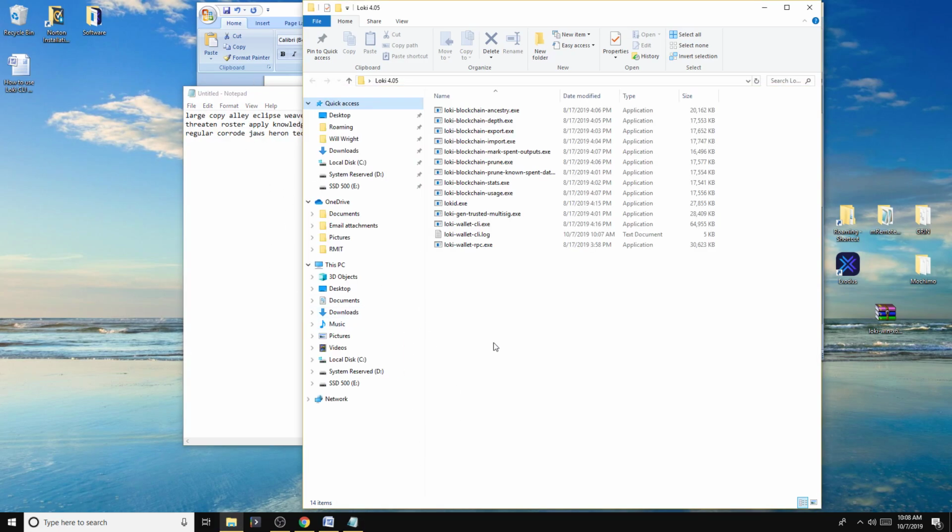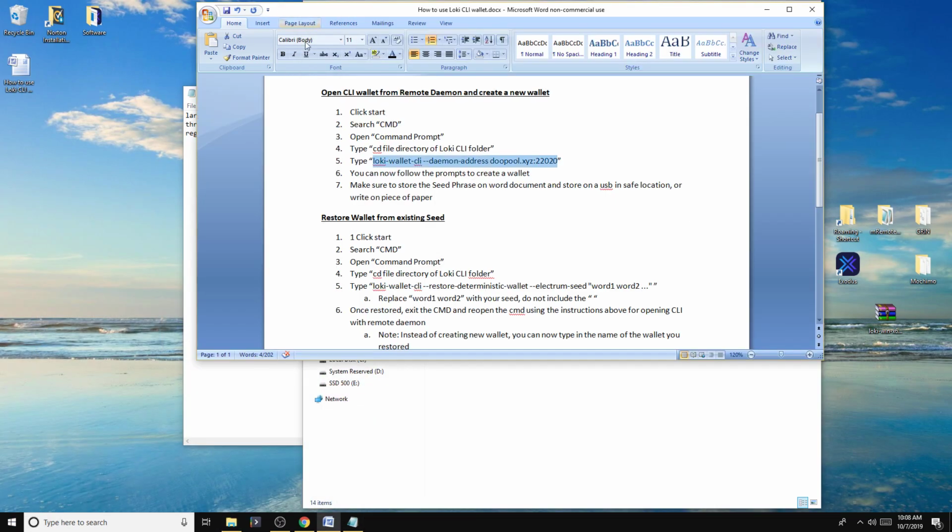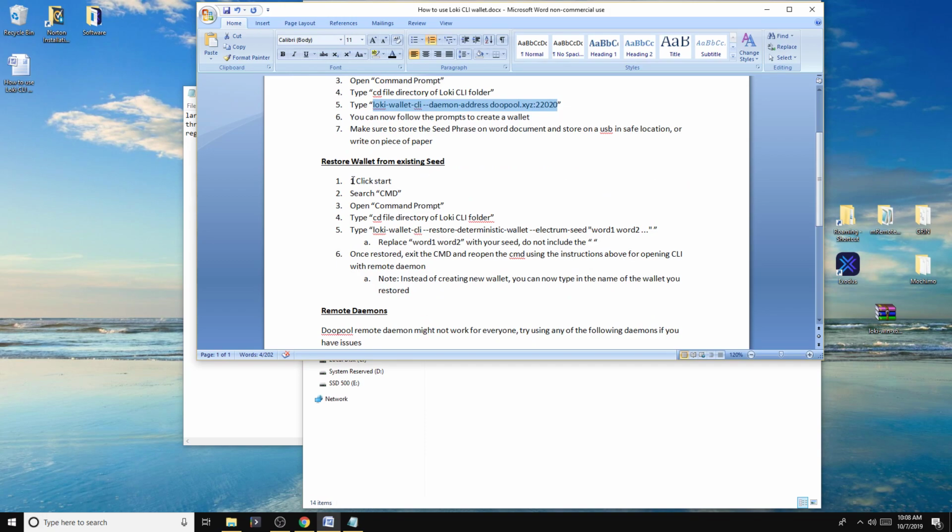Okay, so this is going to be the exact same wallet that we're going to restore. So let's go and follow the prompts here again. So to restore a wallet, do the exact same thing. We can delete